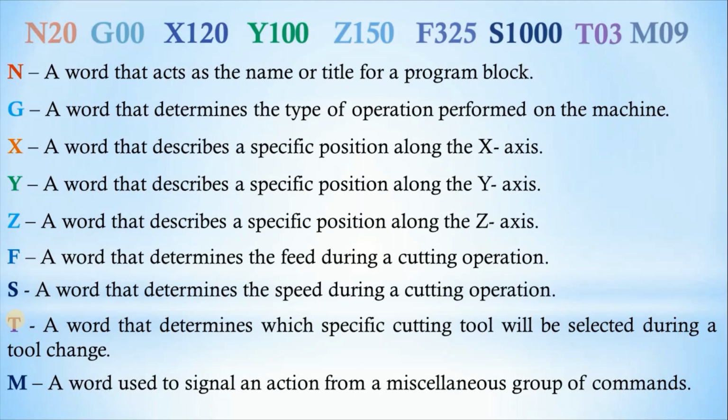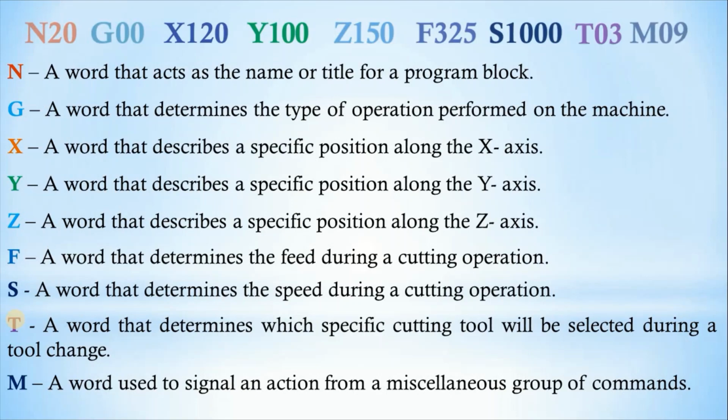So these are the sequence of operations we have written. For one line, I have taken an example to show the meaning of N, G, X, Y, F, S. What does each mean? Why is it used? Whenever we write a part program, we always use these capital letters. So looking at the G and M code, what is the significance of these codes? Why are they written, and how are they written?